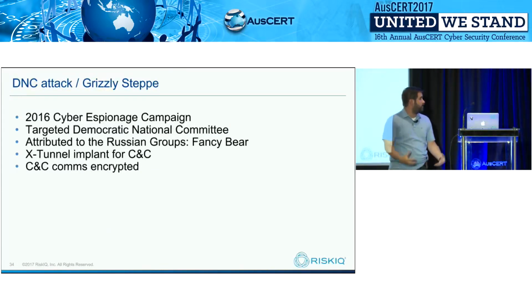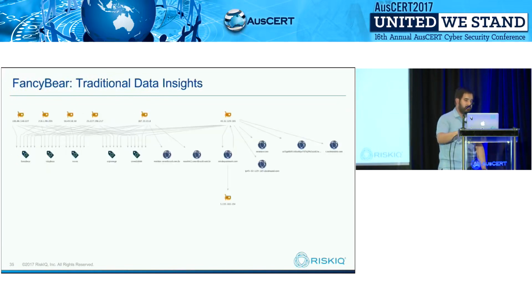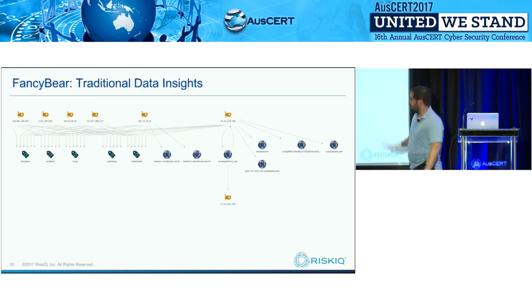And as a part of that attack campaign, the command and control domains or infrastructure for the malware was encrypted. And so you couldn't see anything, but that encryption allows us to make some correlations in the attack campaign. Using traditional data doesn't give us too much. We have a couple of IP addresses that were associated with that external malware. You can see the tags that I'm showing here associated with espionage activity, Russia, CrowdStrike.